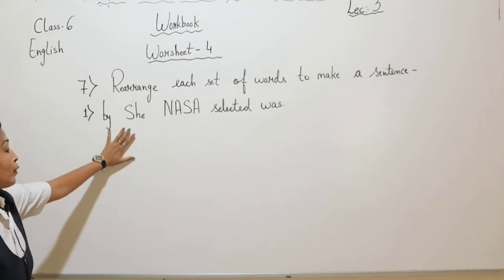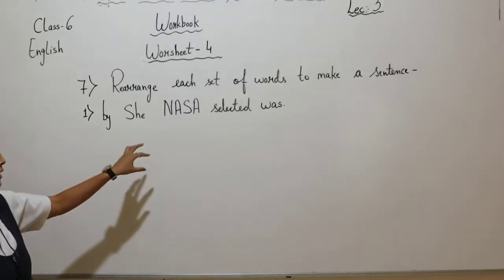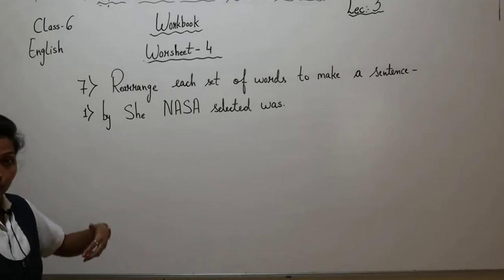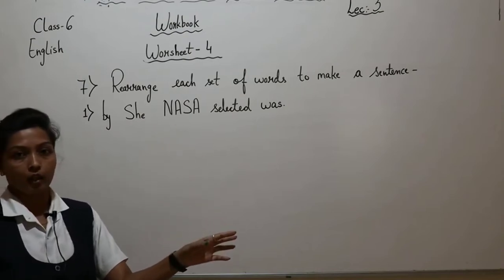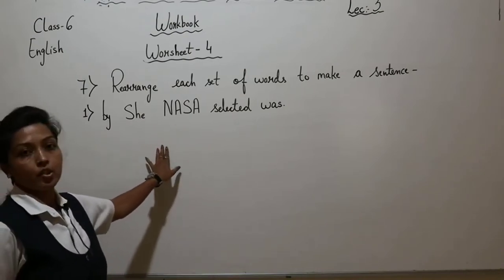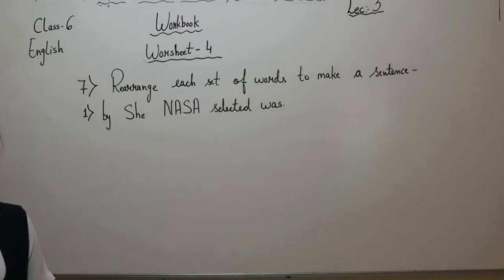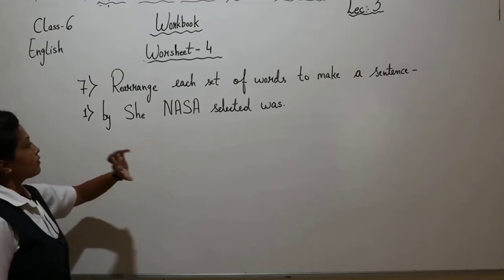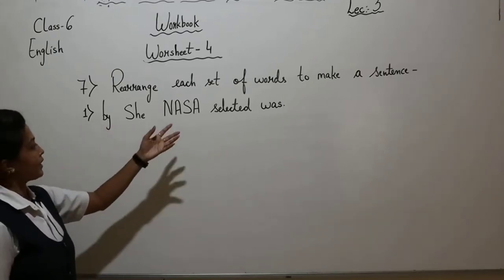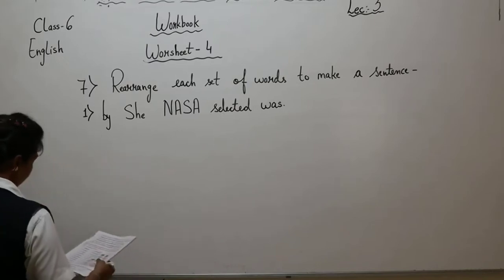But such type of question we have to solve by our understanding of the sentence, what the sentence conveys to us, and accordingly we arrange it. Like, if the subject is there, then the subject comes. In this way we have to arrange such sentences. No specific rule is given for such an exercise. So now from the first sentence, by she NASA selected was, some idea we get that she is some person selected by NASA, something we can convey from the sentence. So now write down